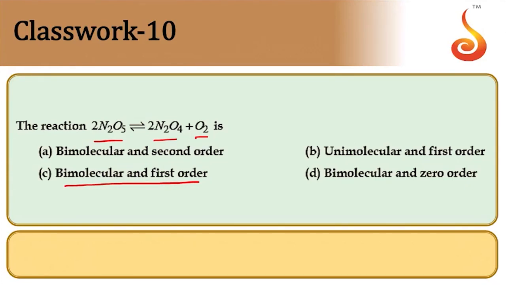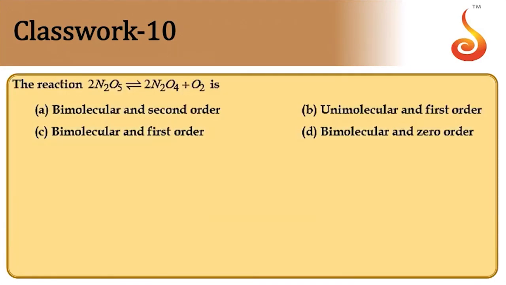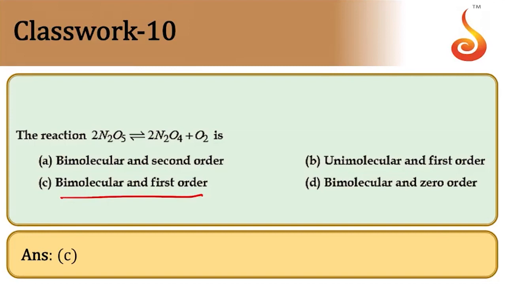See, there are certain examples to remember from the NCERT or SPU textbook. Certain reactions are given to remember. In that, it is given as a bimolecular and first order reaction, because order can be known only from experimental data. So we need to remember the orders of certain reactions which are there in the textbook. This is one of the examples given in the textbook. It's a bimolecular first order reaction. So the answer is option C.